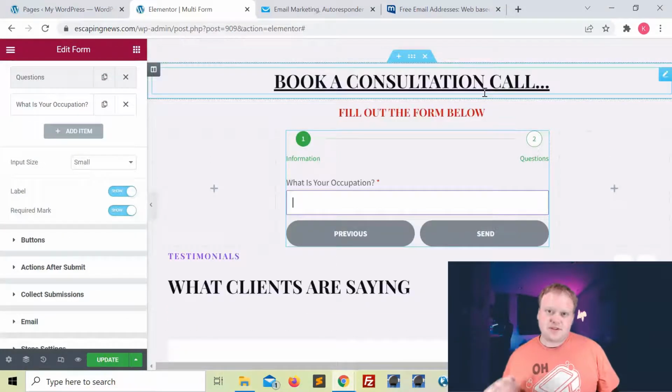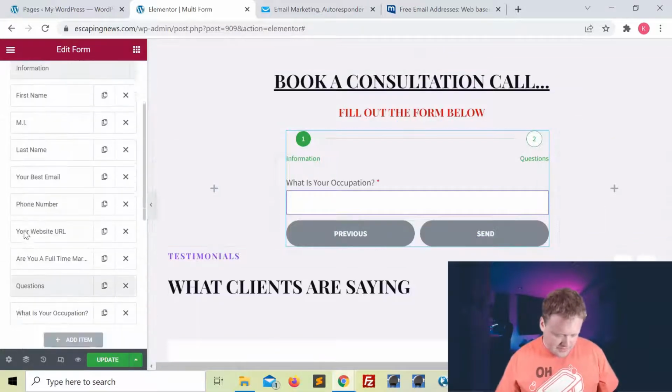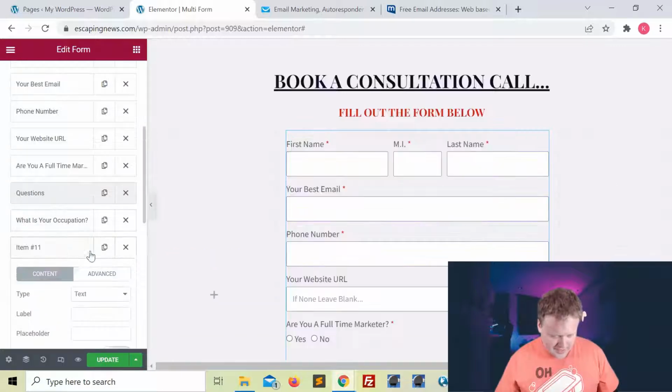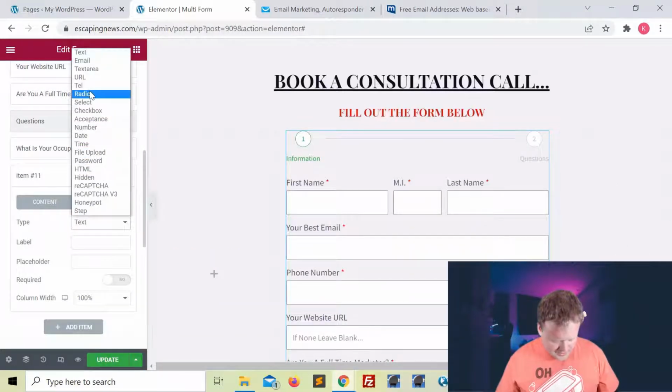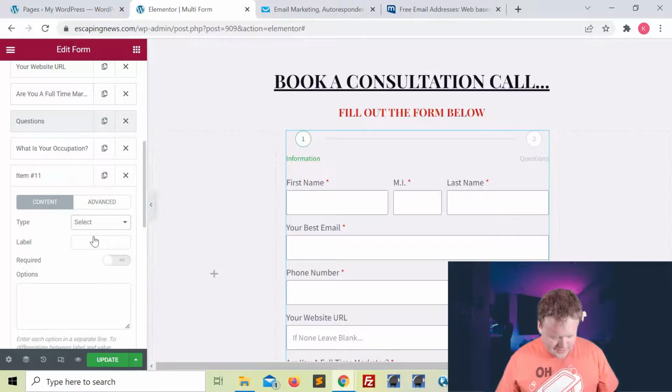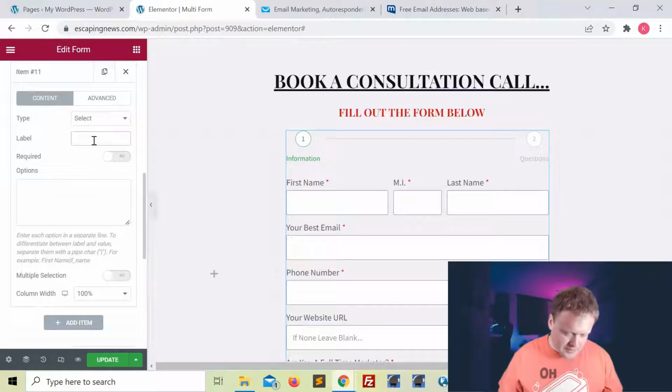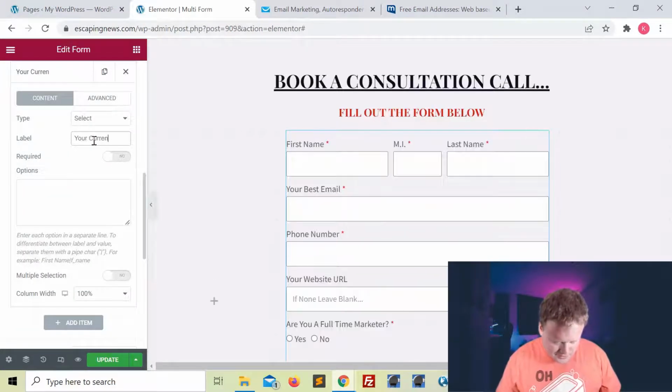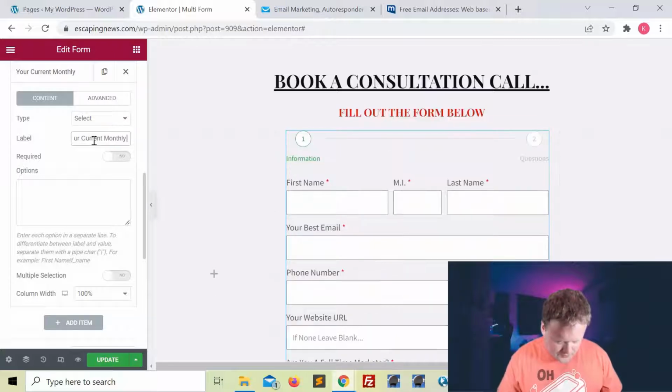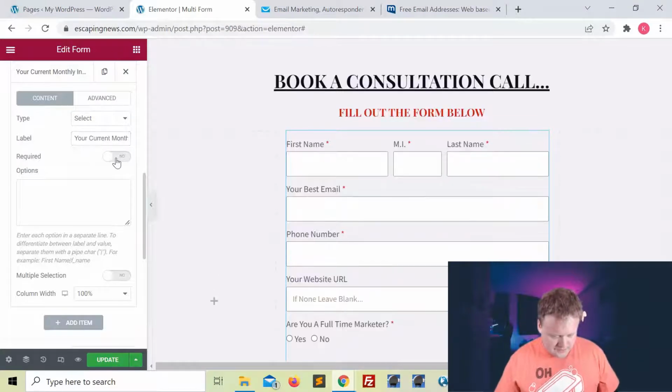And the next one is a select input, where you can select different options, and this is going to ask how much they make per month. So I'm going to come over here and scroll down and click add item. So this one's going to be a select, right, like that. And so right here on label, I'm going to put your current monthly income,